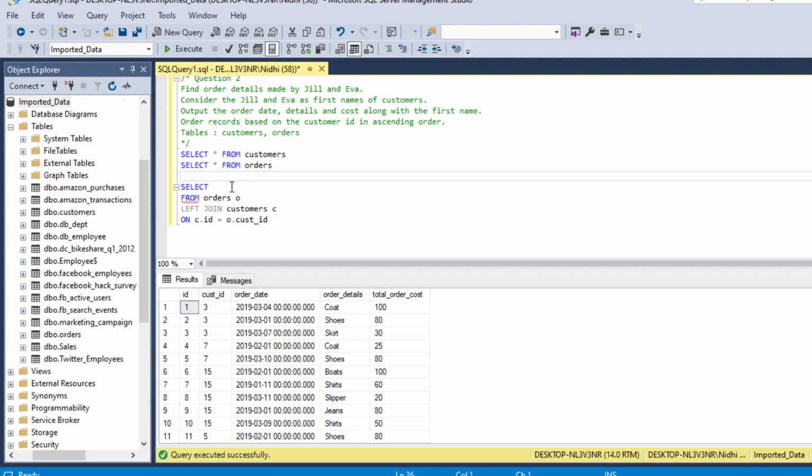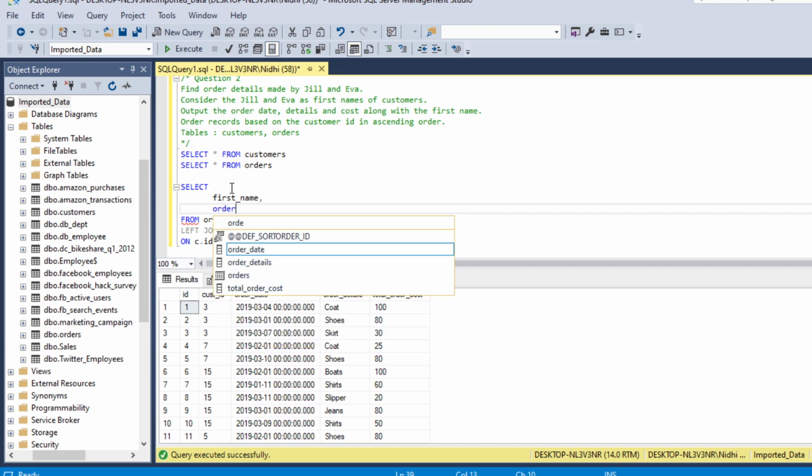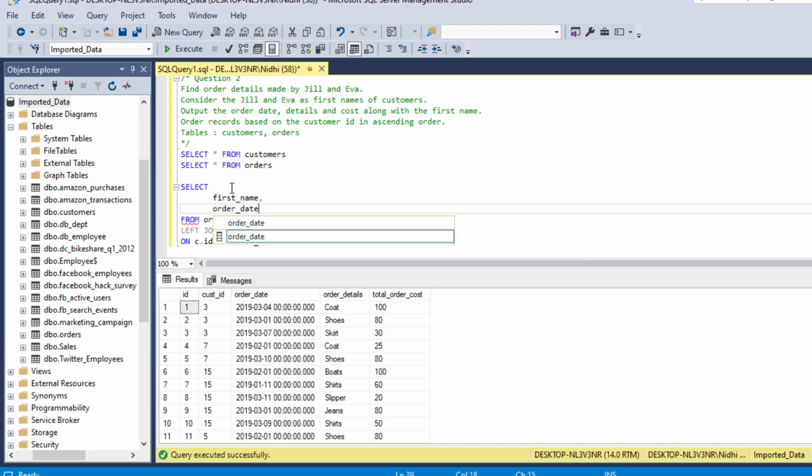Okay, and now what we need from here: we need first name, then we need order date, and we need order details and cost as well.